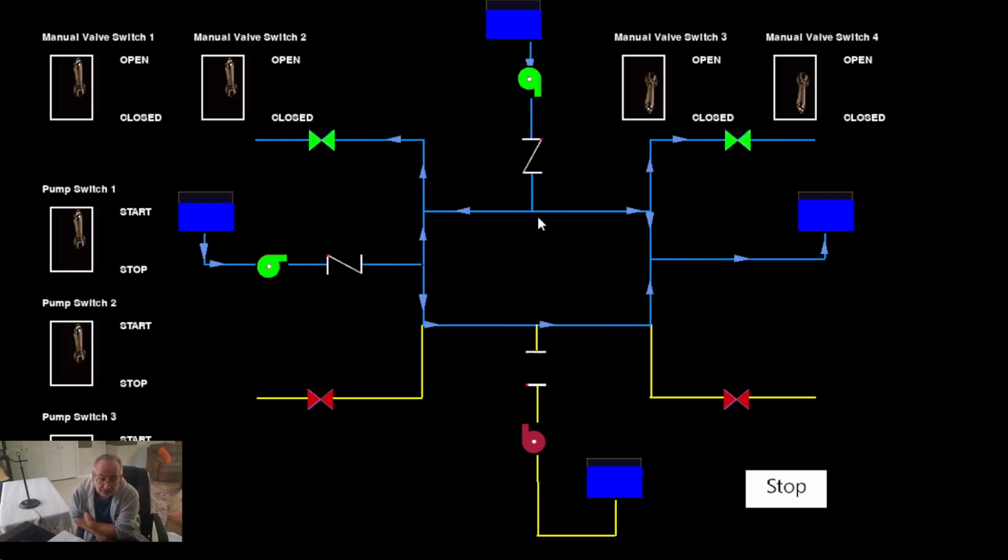Now, you would say, well, this sort of software is available, but this is totally flexible. The animation can be developed for any type of diagram, and the other aspect of it,